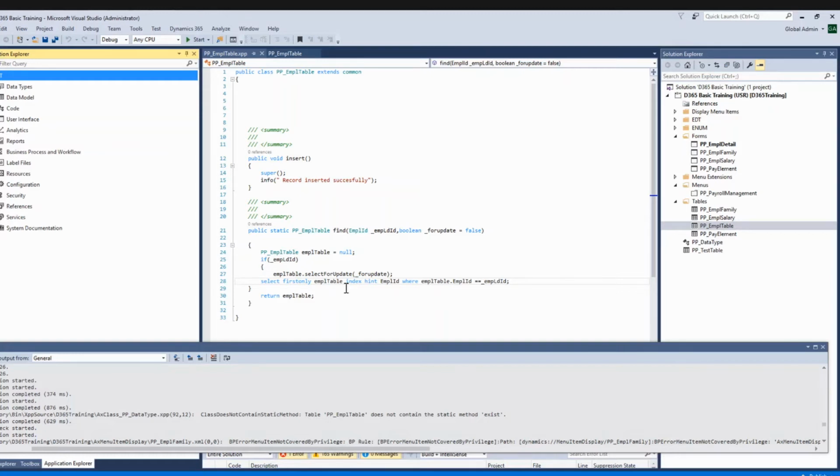Likewise, there is one more method, the exist method. Each table with a primary key should have a static exist method.